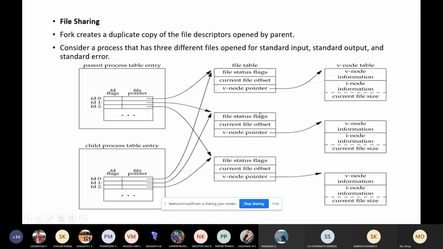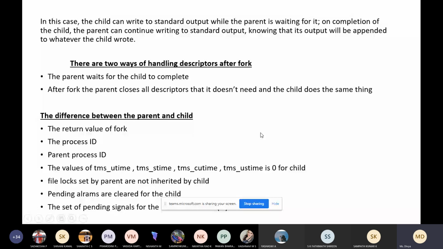In this case, the child can write to the standard output. There are two processes, parent and child. The child can write to the standard output while the parent is waiting for it.